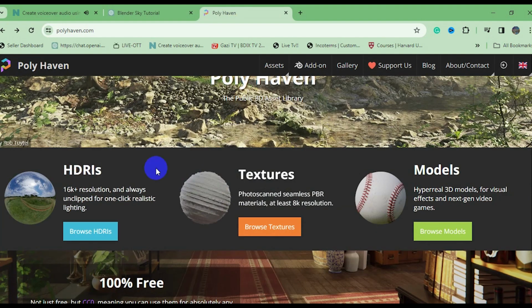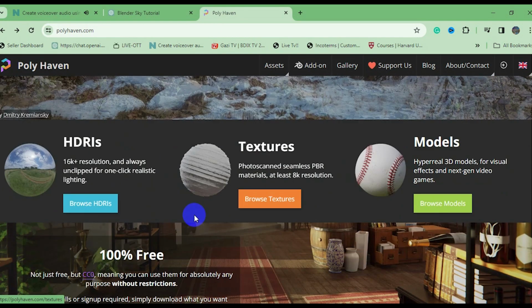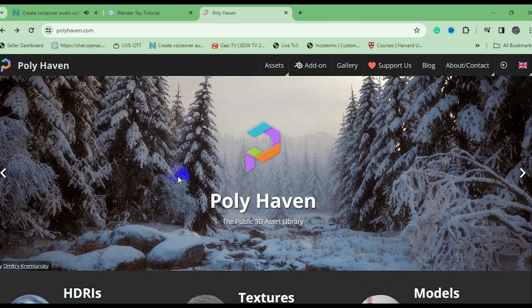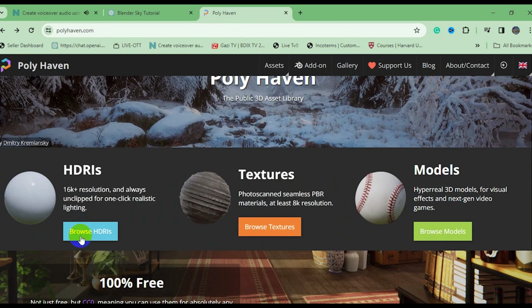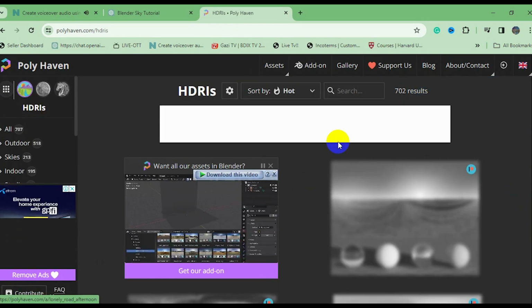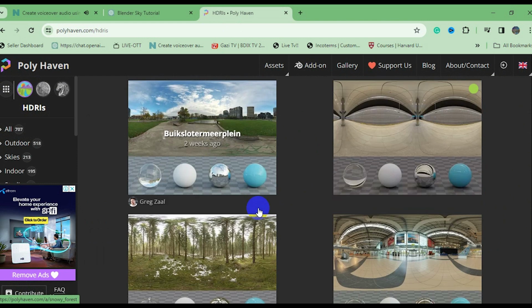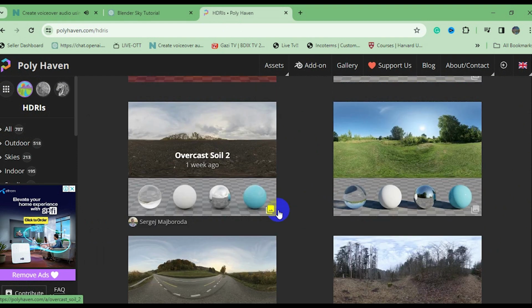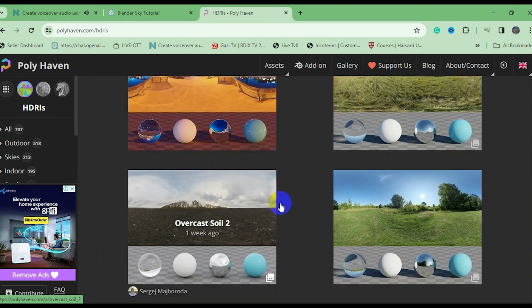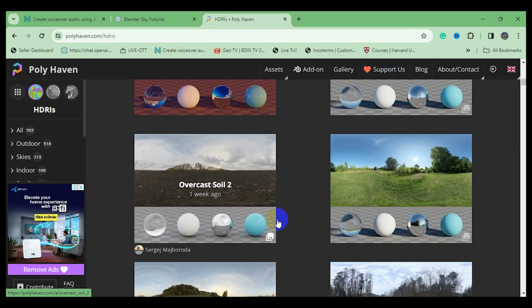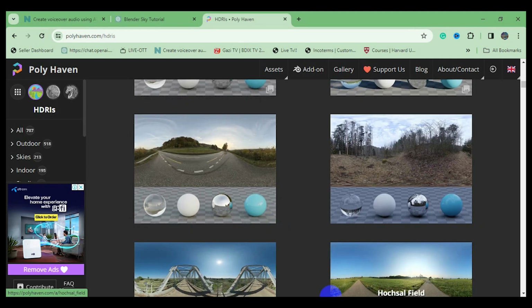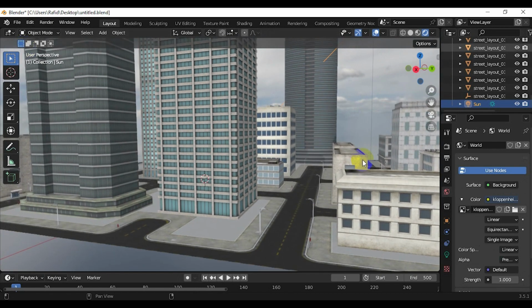Unlock stunning skies for your 3D scenes by grabbing free HDRI from the Polyhaven website. Simply navigate to the HDRI section, search for your preferred environment, and download it for an instant atmospheric upgrade in Blender. As we wrap up this tutorial on adding a realistic HDRI sky in Blender, you've learned how to elevate